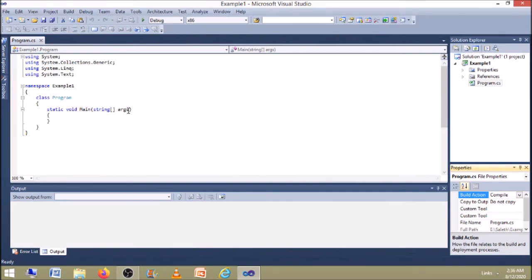And string args, as I told you in Java, here all the inputs will be collected as characters, then they will be converted into a sequence of strings, then we need to convert into the respective type. So these are the basic things, that is the default source code. So while you open the C# application, the window will be like this, and these are the options given here in this window. So now let us create a simple source code.